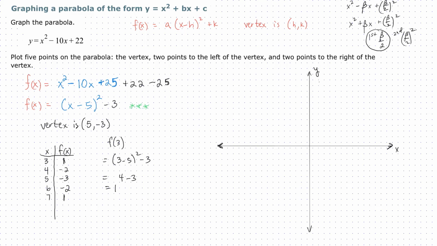Let's graph the vertex first. So I'm going to put another quadruple star there because I'm going to graph the vertex first. That's really, really important. 5, negative 3. 1, 2, 3, 4, 5. And if you have graph paper, make sure you use it. You know, graph paper is going to help you. Always